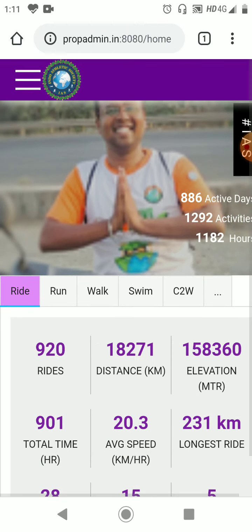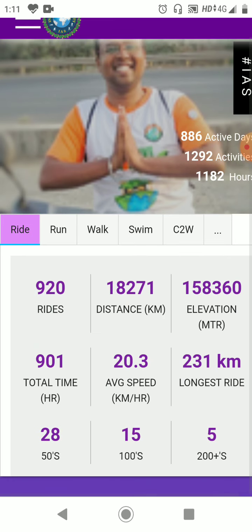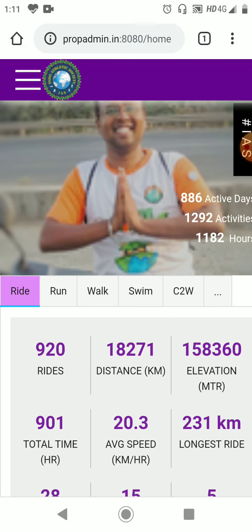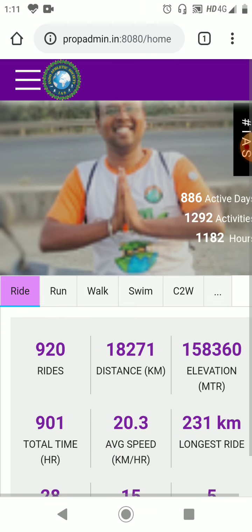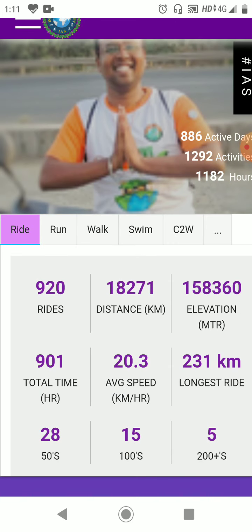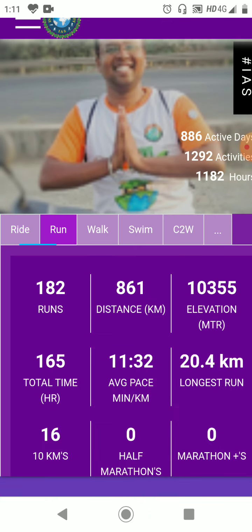In our dashboard or fitness tracker, now there is no need to go to a specific application like Strava to log all the things, to extract how many runs, how many walks, how many swims you did, put it into an Excel sheet, then match. Now everything you will get in this IS activity tracker. Just click on the tracker, connect your Strava, and everything will be pulled here in a very good statistical format.